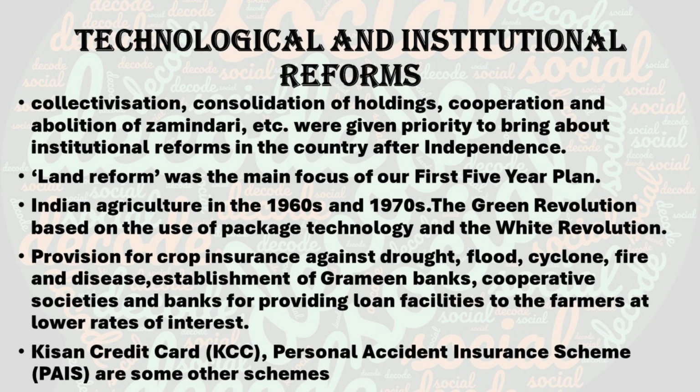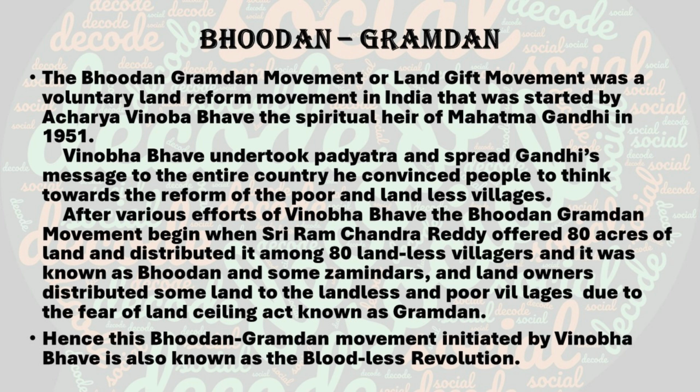The last topic of this lesson is nothing but Gramdan and Bhudan. So here, after India became independent in the year 1947, one of the biggest challenges in the countryside was unequal distribution of land due to the land of inheritance. A small number of landlords owned huge tracts of fertile land, while millions of peasants had no land at all to cultivate. This caused poverty, unemployment and social inequality in villages.